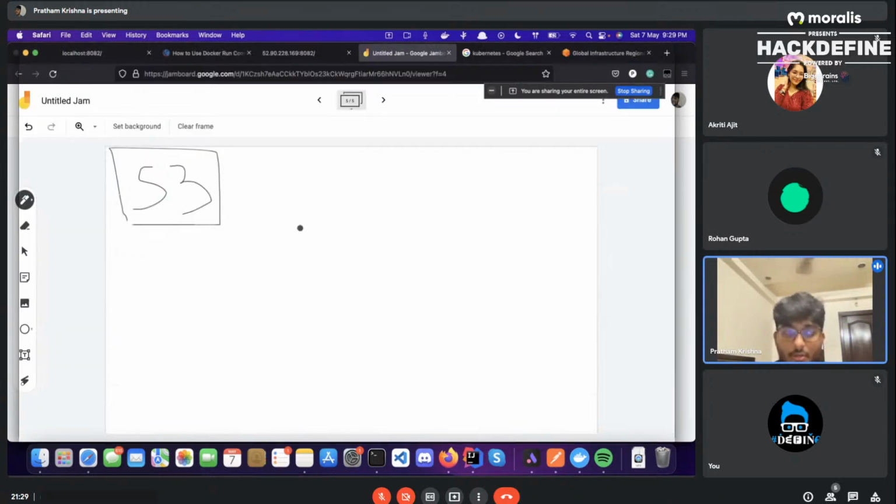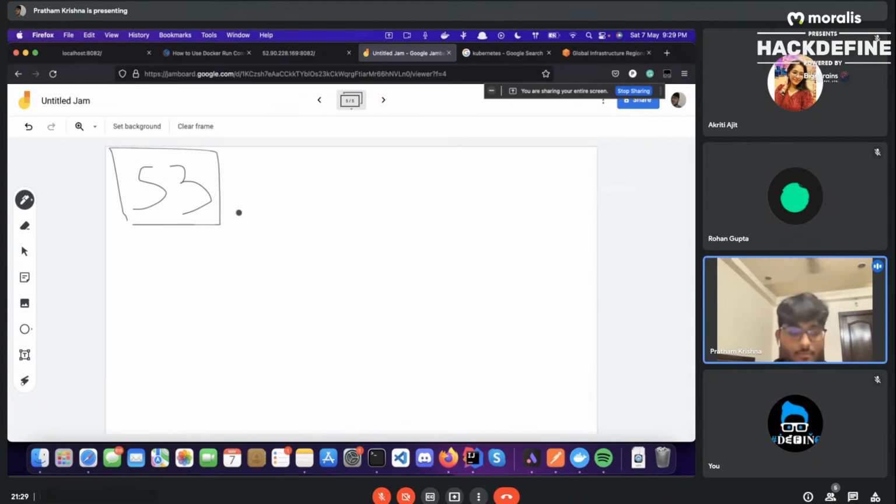Coming to the next AWS service, which is the most heard of, EC2 instances. Let me just create a box. EC2 is Elastic Compute Cloud, and what it actually is, is infrastructure as a service. To get a better idea, there's something called platform as a service, which most front-end developers use. That is Heroku, Vercel, Cloud Foundry, and Netlify again. Those are platform as a service.